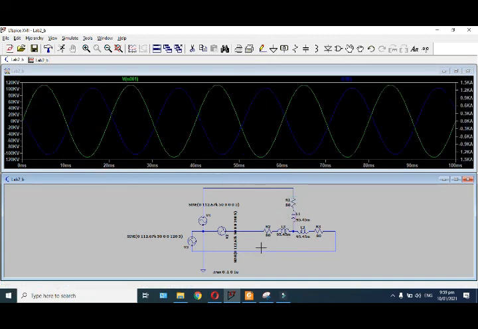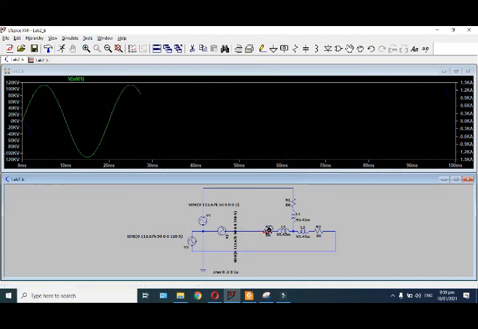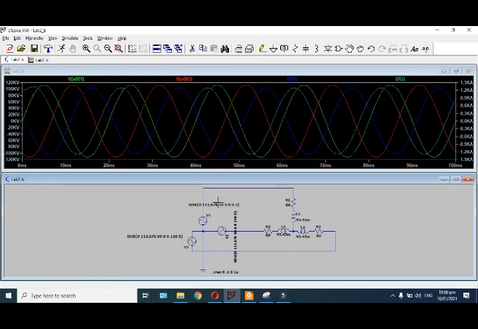Similarly the phase B voltage if you click on it, and similarly the phase B current, and the third node voltage. So these are the phase voltages, and these are the phase currents.